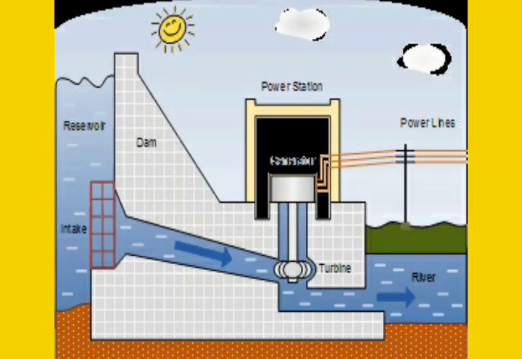Next, water at a height has potential energy stored in it. Falling water from a height can be used to rotate the turbine to produce hydroelectricity, and this I have discussed in the previous video also. This turbine helps to produce electricity, and the electricity that we get from the flowing water is called hydroelectricity.